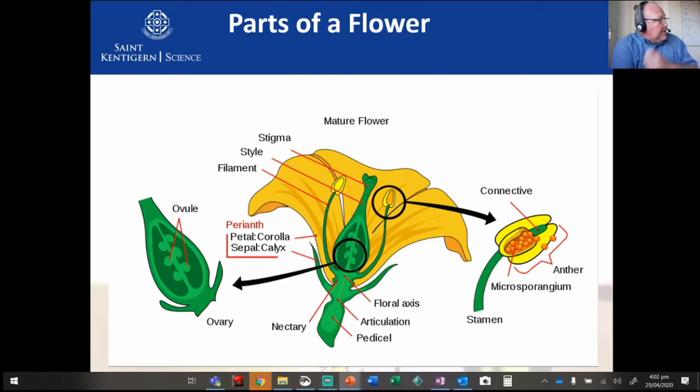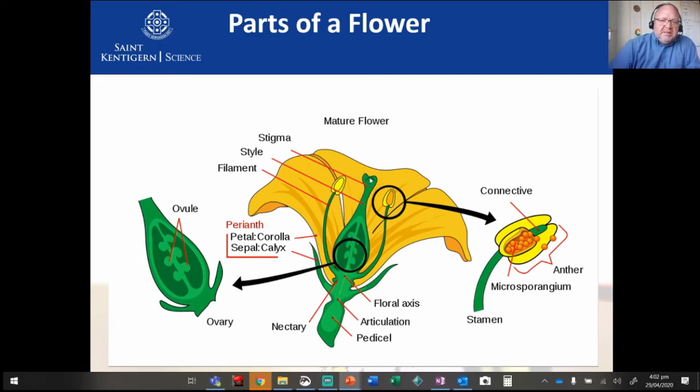Okay, and here are the parts of a flower, and you are expected to be able to recognize them and draw and basically fill in this picture. So let's look at the female part first. That's that middle green one that kind of looks like a flask. The very top is sticky, and that is called the sticky stigma, and that is where the pollen needs to fall, and that's why